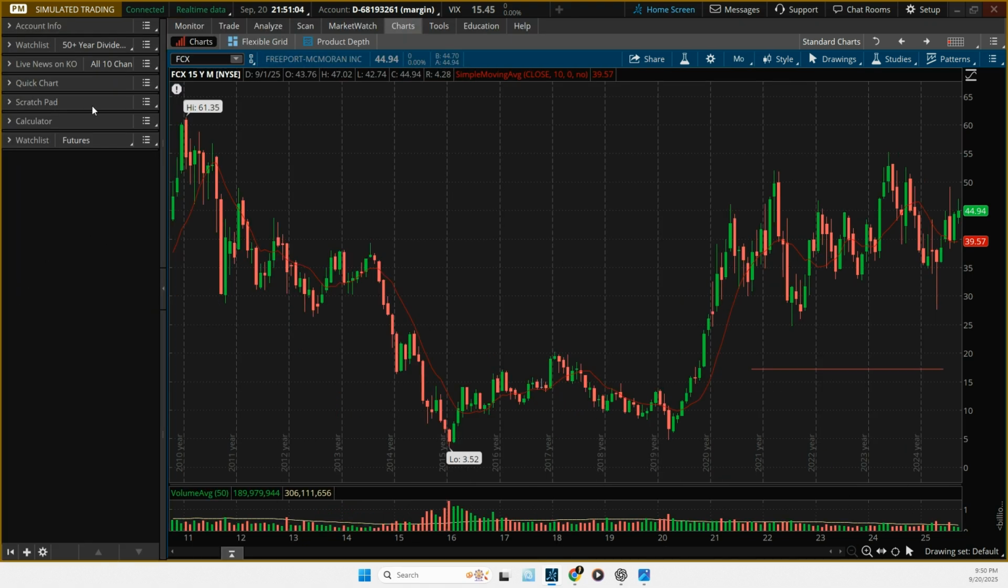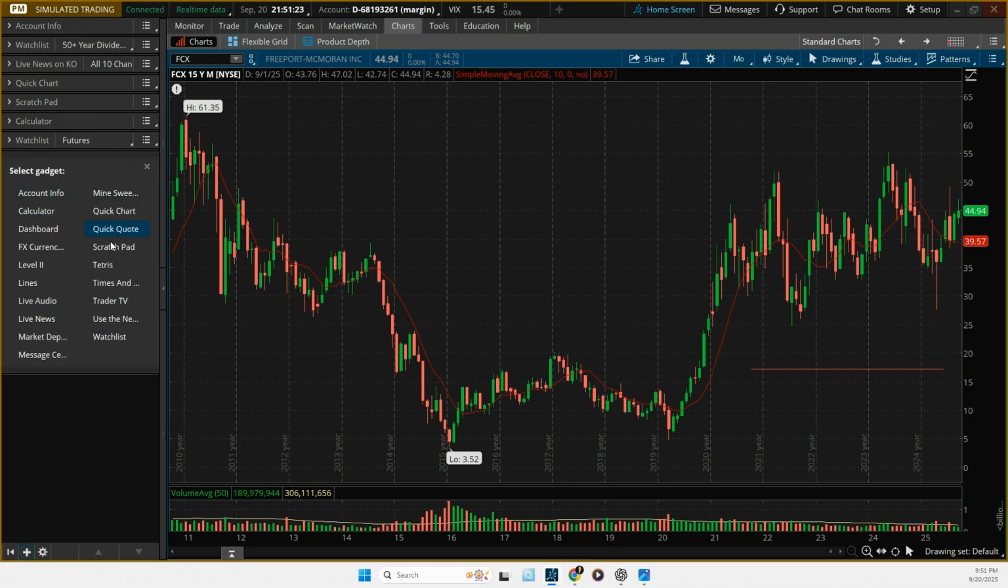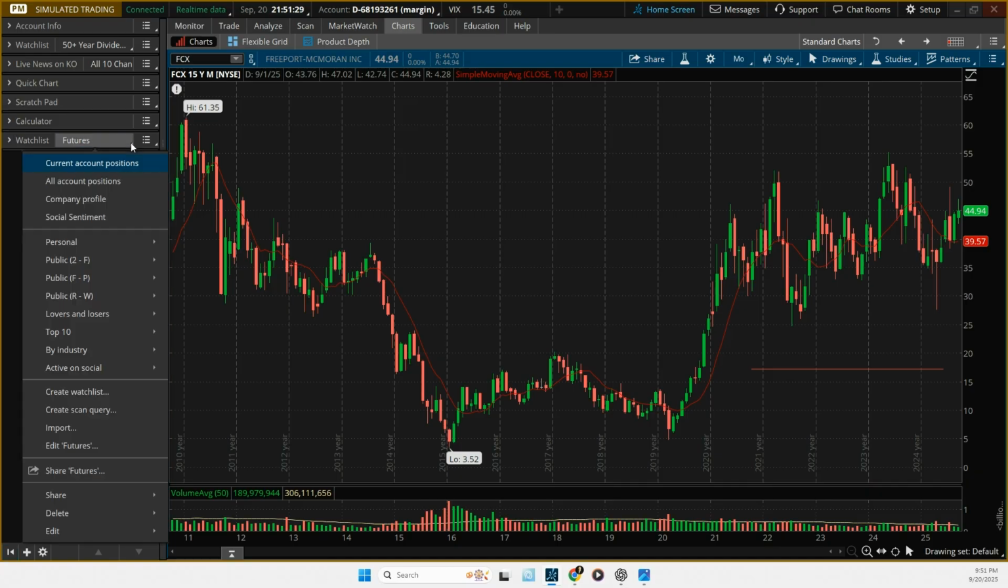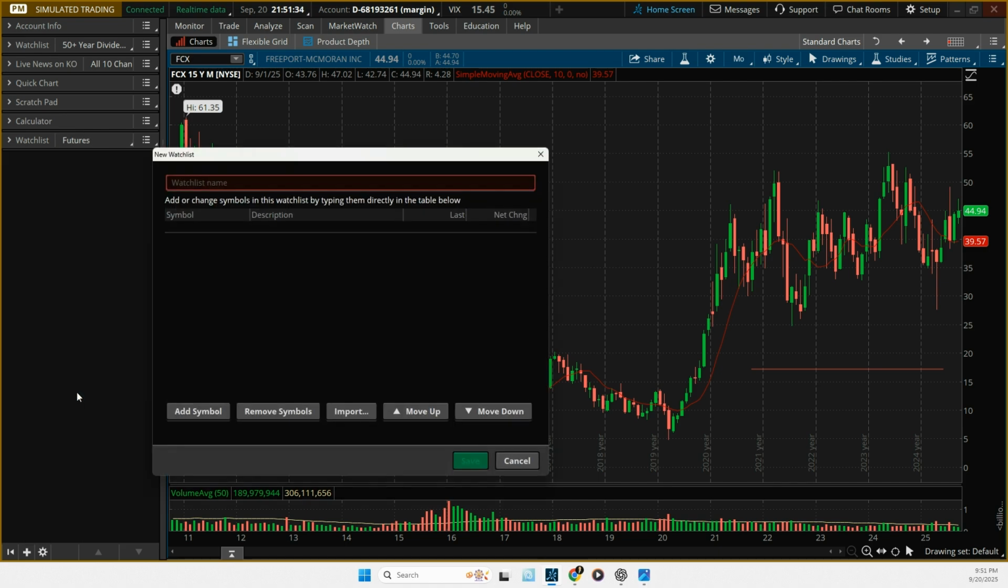We can also monitor positions by creating a watch list. And so if this is closed, open this up. If you don't have a watch list on here already, you can add a watch list through here. But since I already have a watch list, I'm going to drop that down. I'm going to find the create watch list. Let's call this positions. Now we'll add some symbols,